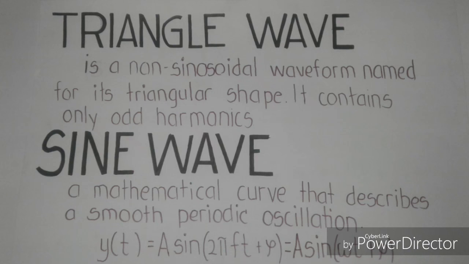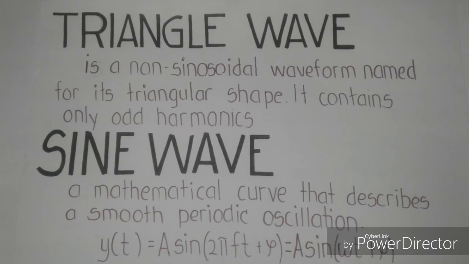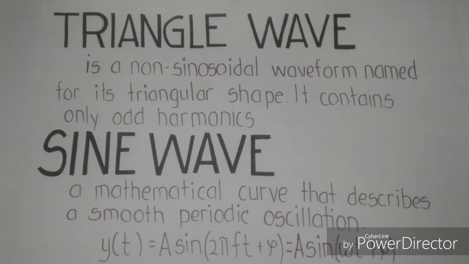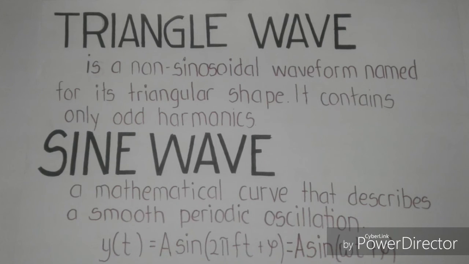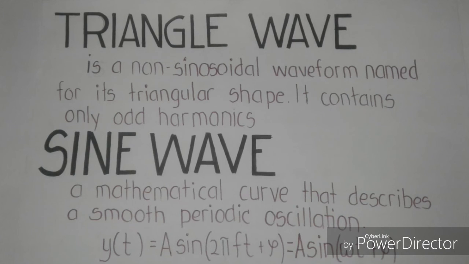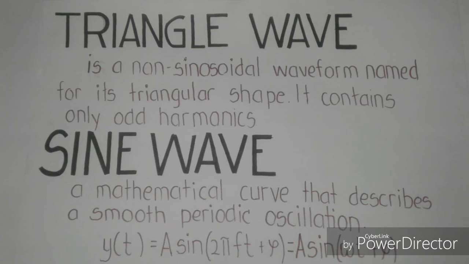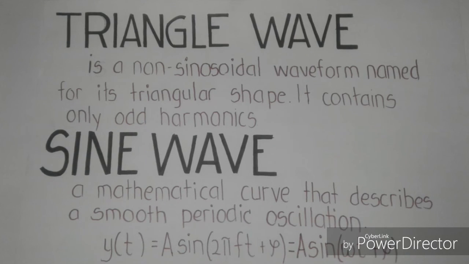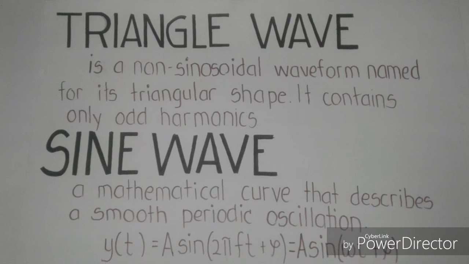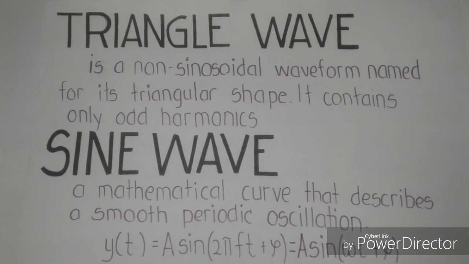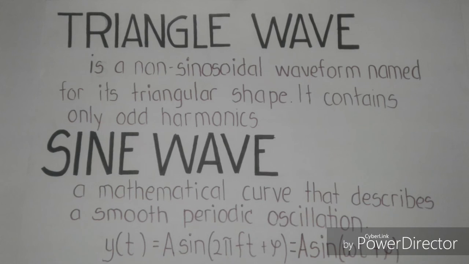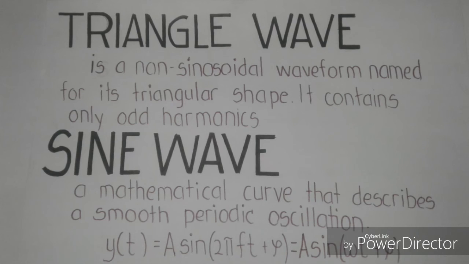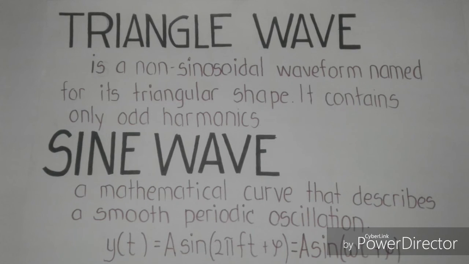Sine wave or sinusoid, a mathematical curve that describes a smooth periodic oscillation. We can define oscillation as a flow of electricity changing periodically from a maximum to a minimum, or simply said, a flow periodically changing direction. Its most basic form as a function of time t is A sine times the quantity of 2 pi ft plus gamma, or equal to A sine times the quantity of omega t plus gamma, where A is the amplitude